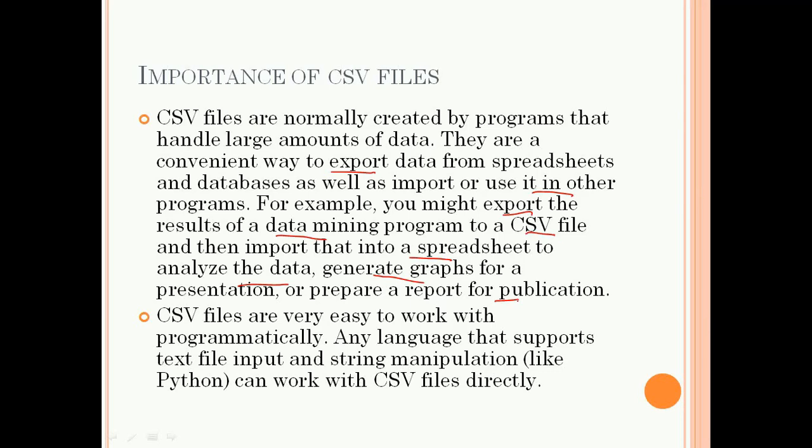CSV files are very easy to work with programmatically. Any language that supports text file input and string manipulation, like Python, can work with CSV files directly.